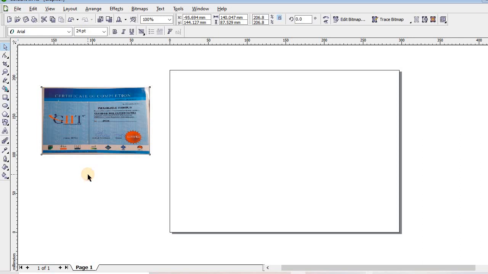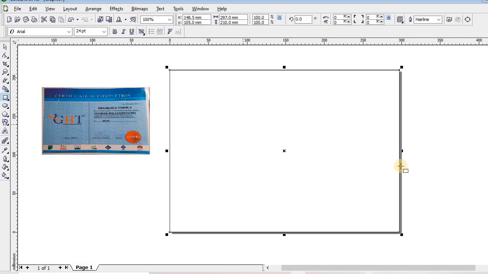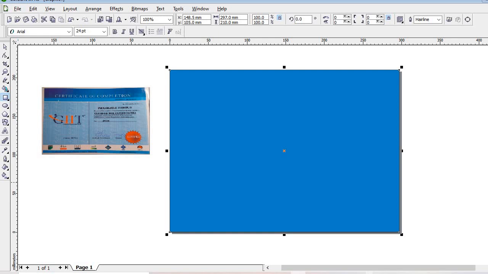So we'll be making use of a couple of rectangles. Double click on the rectangle, and that will automatically give you the color. Let's brighten it a little bit. And mind you,